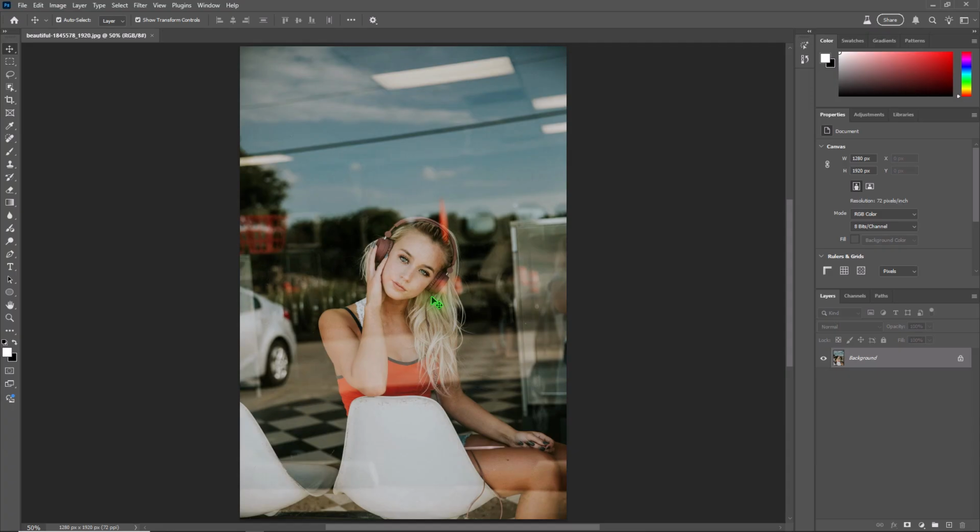Here is the source image. You can see in this image a large number of reflections. That is ruining the image quality, but thankfully Adobe has added a new feature in Photoshop to solve this problem